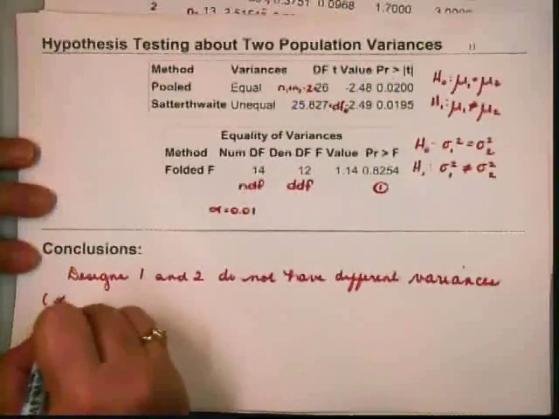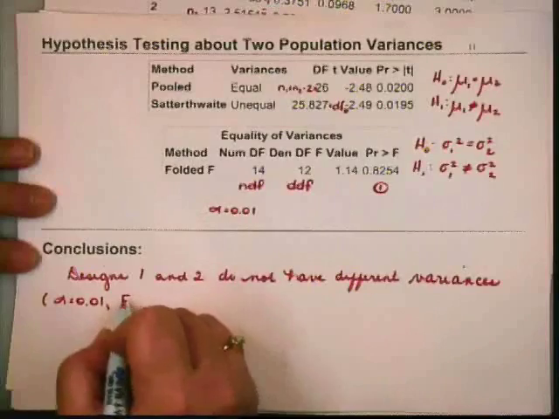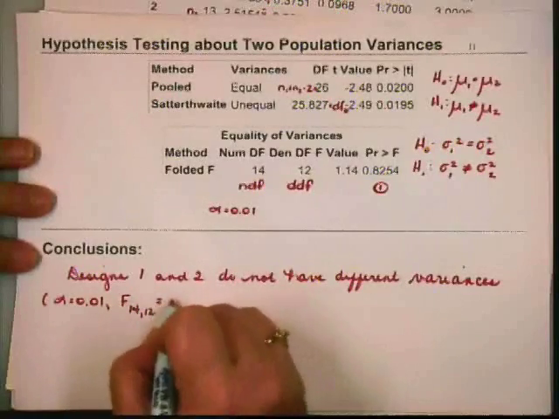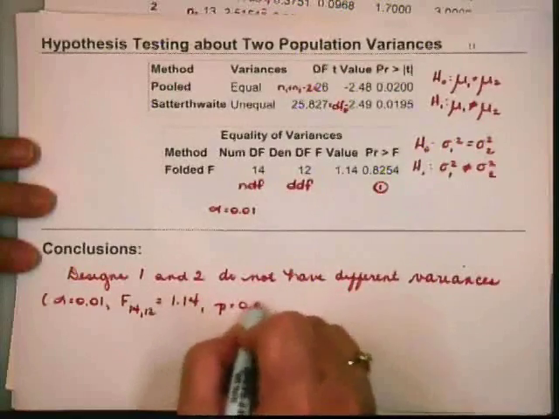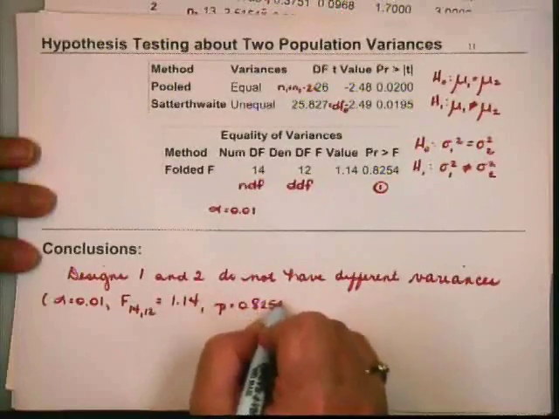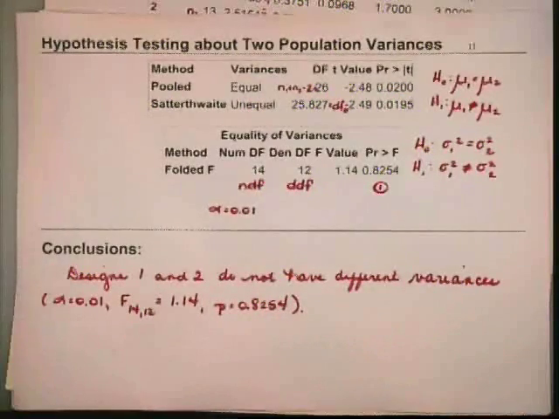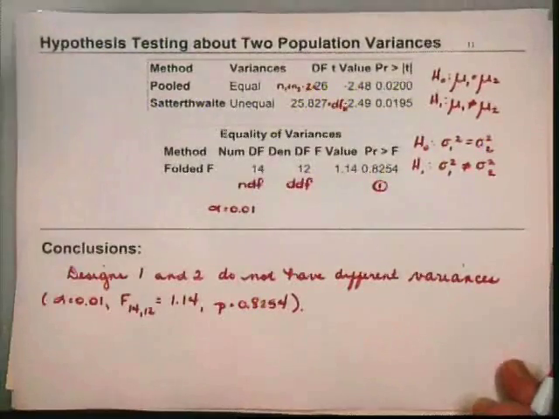We've conducted our test at the 0.01 level. Our value for F with 14 numerator and 12 denominator degrees of freedom that we've calculated is 1.14, and its observed significance level is 0.8254. All right, so based on that, we can write